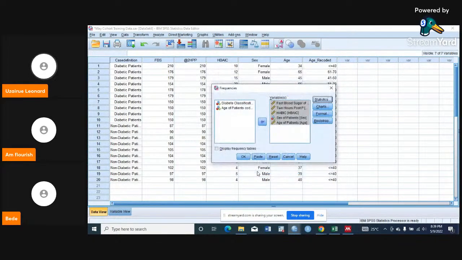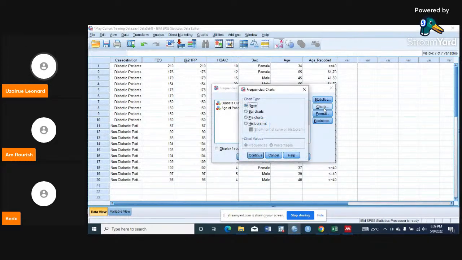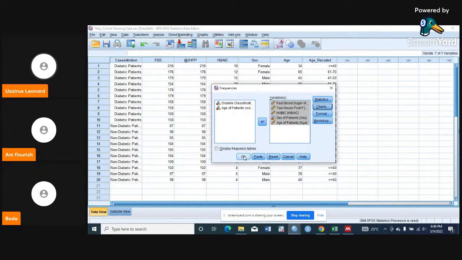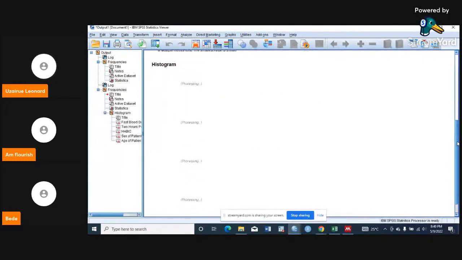Once I click here, I click continue, then I click on charts. Then I can also ask for histogram, because remember we're also looking at histogram. Then I will ask for histogram with normal curve, to show the normal curve on the histogram. Then I'll click on continue, then I'll click OK. Automatically when I do that, I'll wait till the